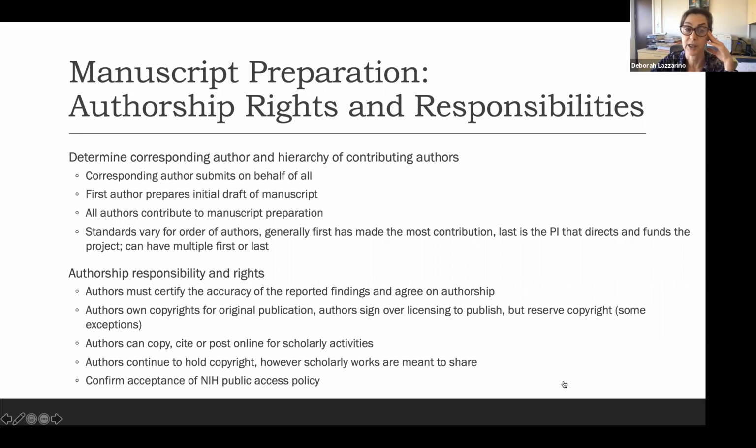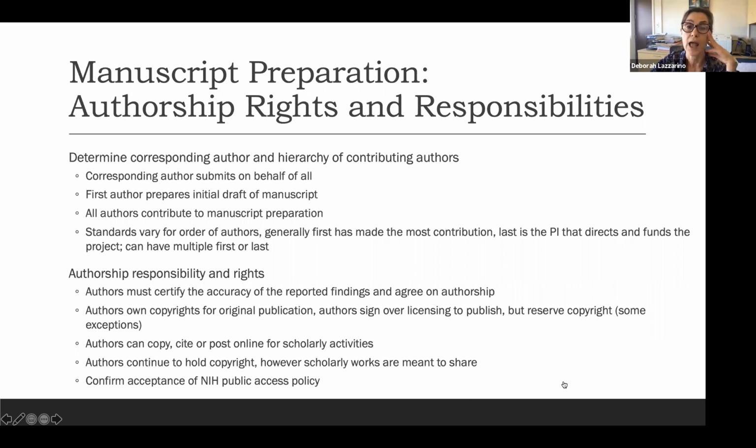So the publication can then process the publication, submit the publication, and make it available to the general public or to people that buy into subscriptions. And people still do buy subscriptions to publications. You can get access to publications earlier on. But generally, more and more, you'll see that there's this open access, and most people can have access to it. The authors can continue to copy, cite, and post online their paper for scholarly activities, and as I said, continue